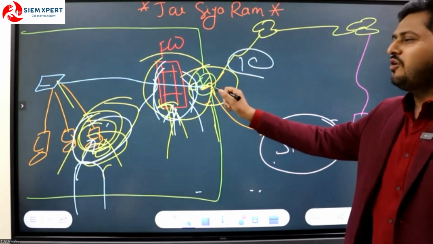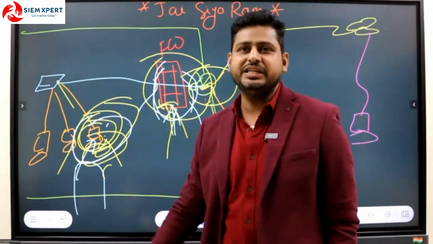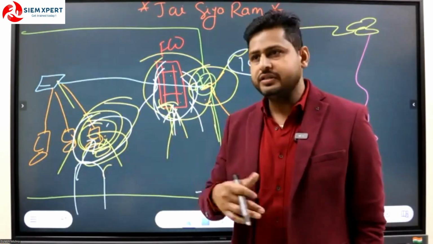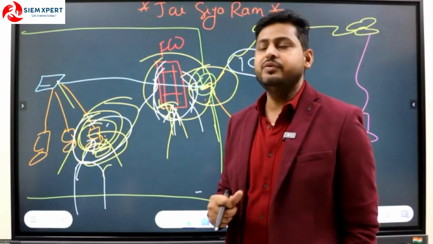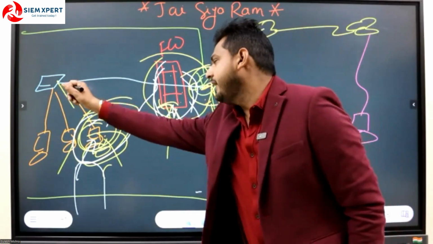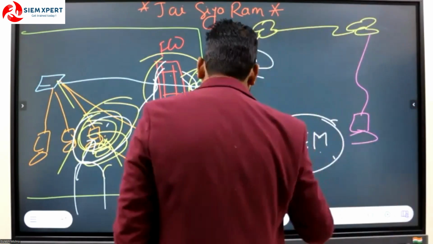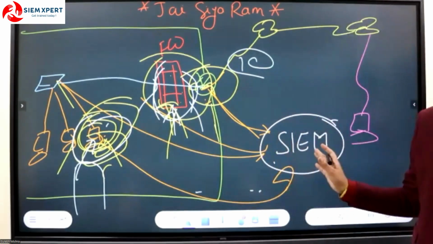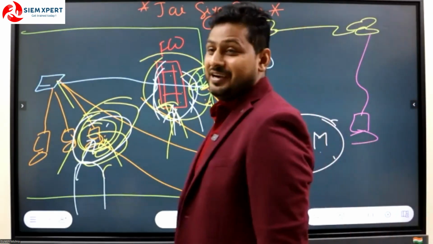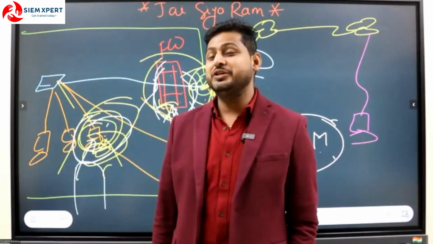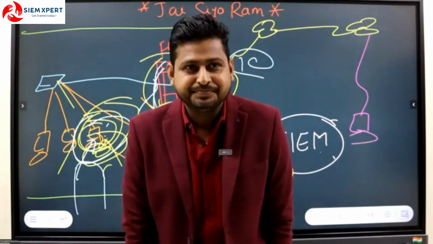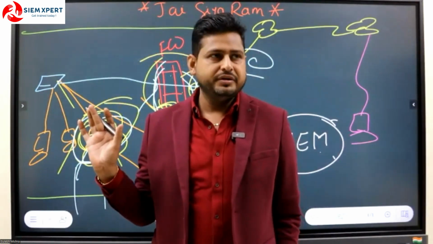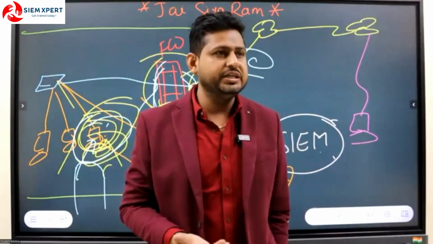All network devices, security devices, servers, applications, databases, which you have in a typical IT infrastructure, record the activity in the form of logs and send the real-time logs to your SIM. Any digital device that you have in your company which participates in the communication, your SIM